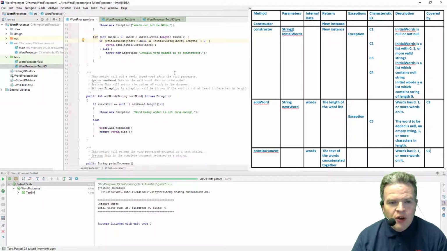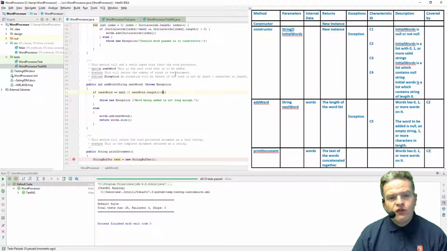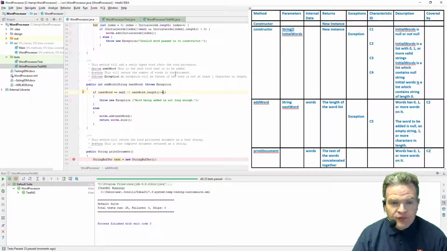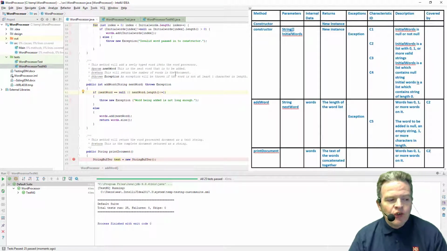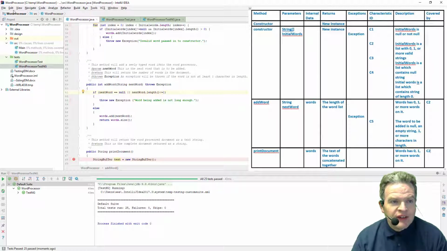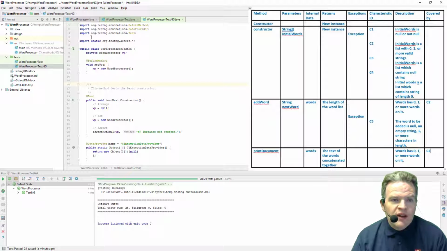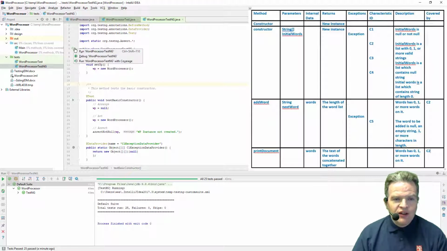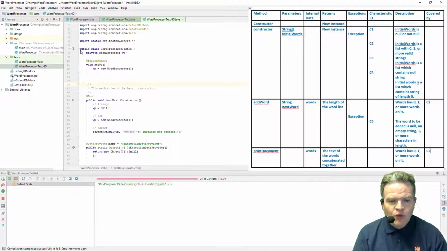So, for example, I'm going to require that the length of the word in the AddWord be essentially greater than 1, otherwise we'll throw an exception. What that would do if I run the test is it would not allow me to add single character words. If I go back and run my test that I have just created again,